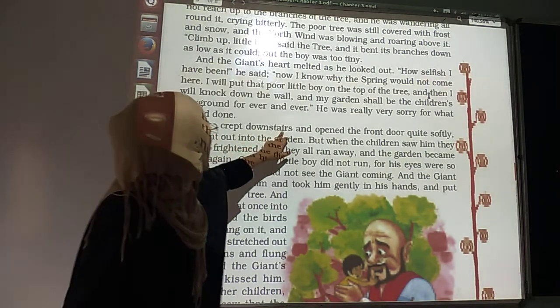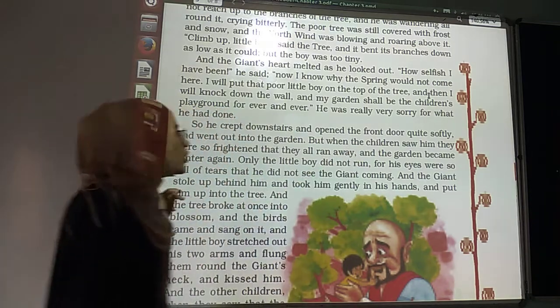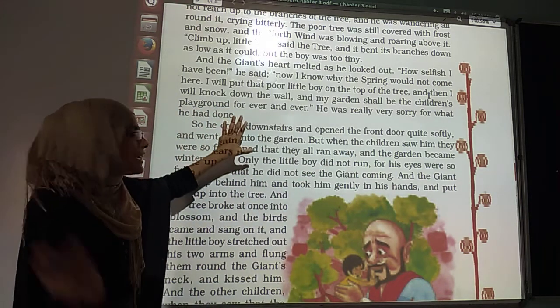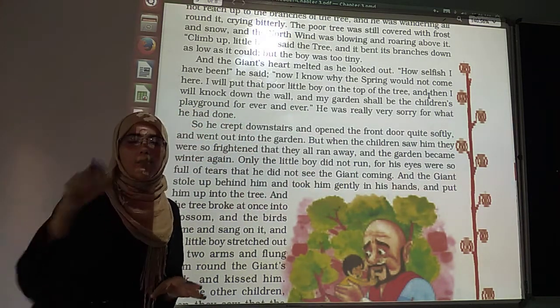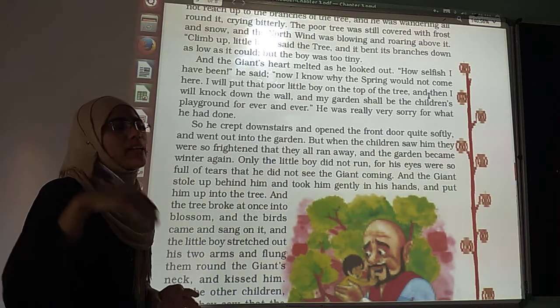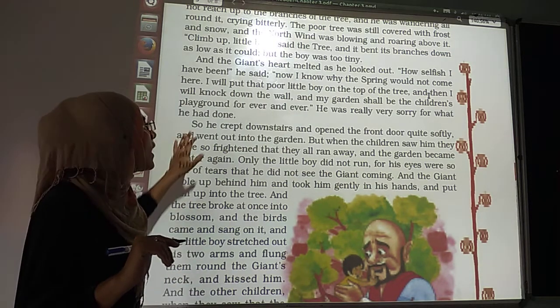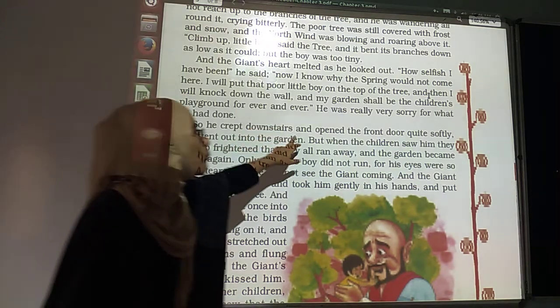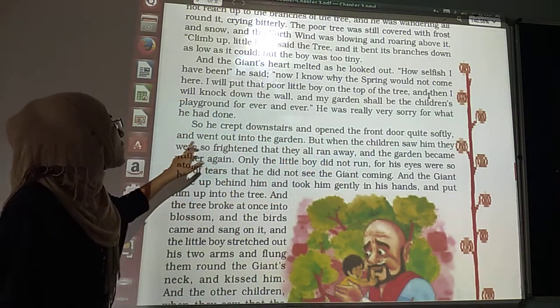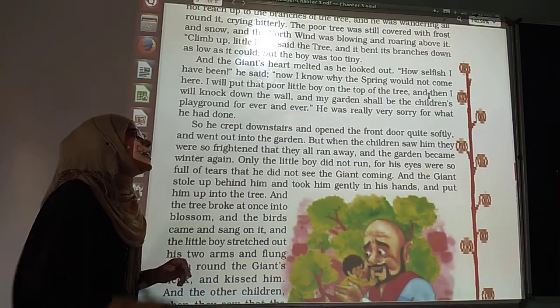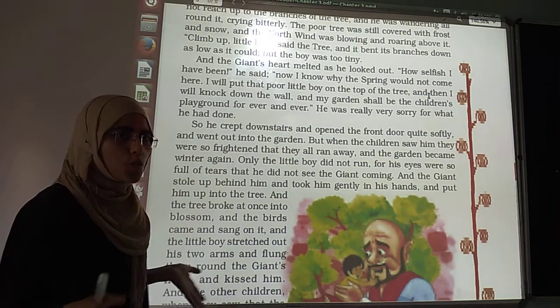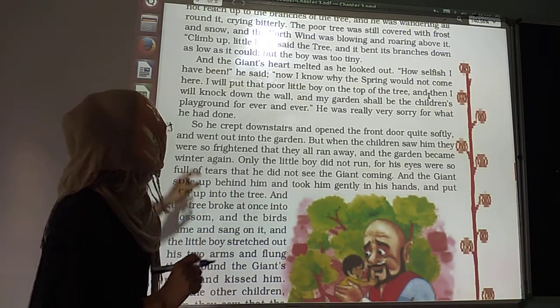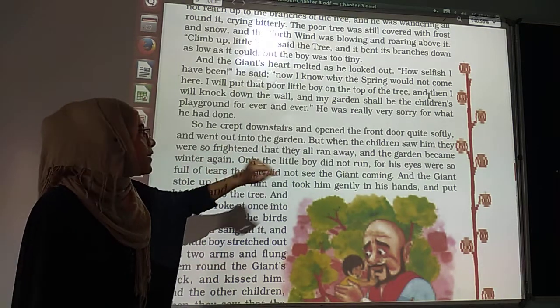So he crept downstairs and opened the front door quite softly. Till now, he was seeing this beautiful scene from the casement near the window. Now he decided to go downstairs, opened the front door quite softly and went out into the garden.